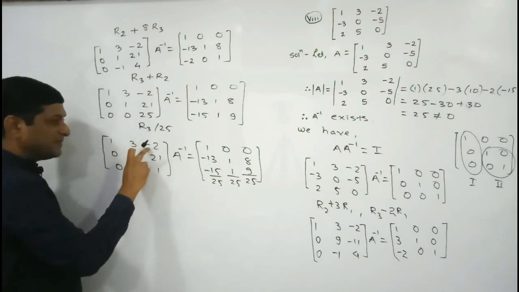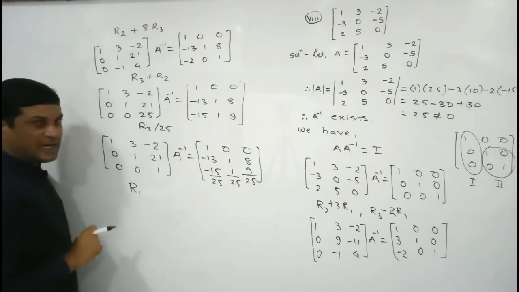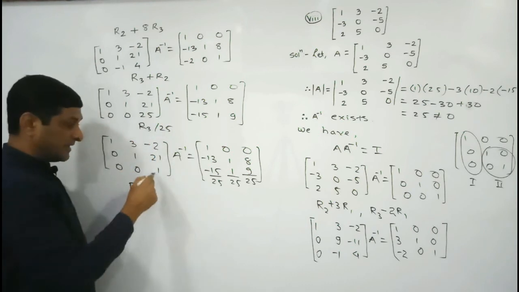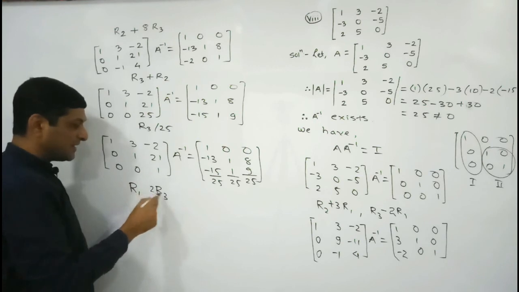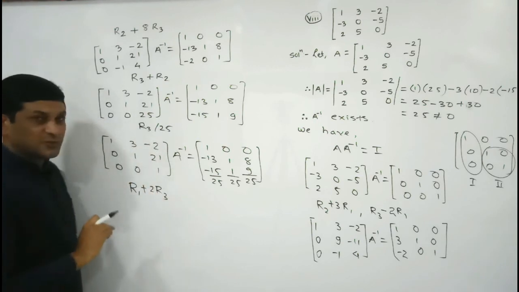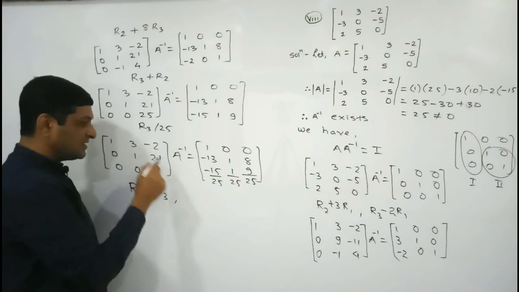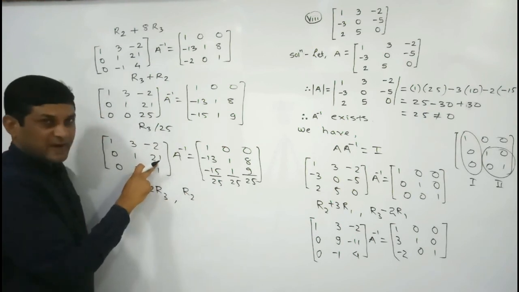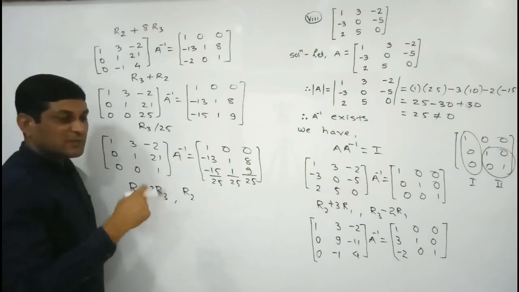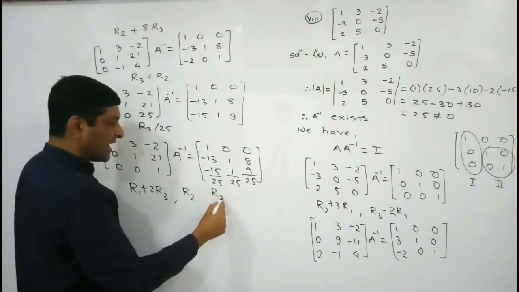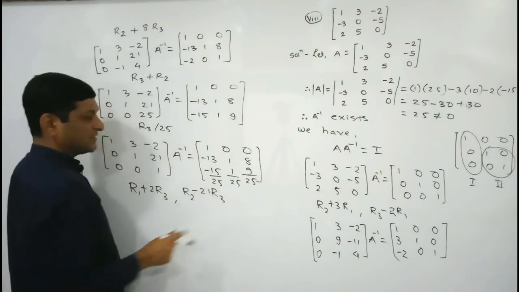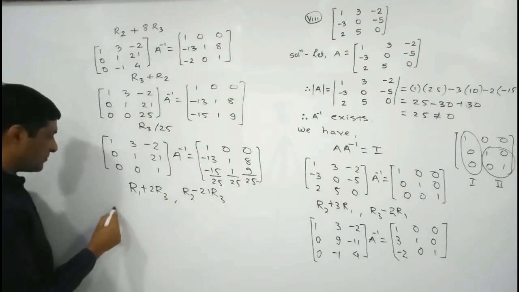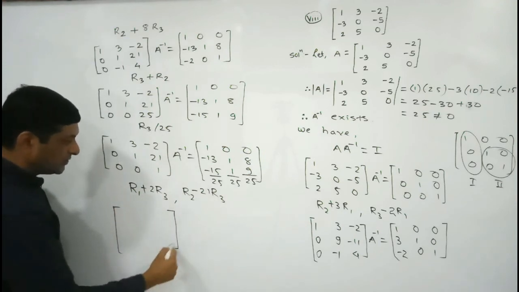So to convert this element into 0 our operation should be on R1. What is the element of R1? Minus 2. Minus 2 में 2 ऐड करना पड़ेगा, इसलिए हम R3 को 2 से मल्टीप्लाई कर रहे हैं और हम एडिशन लेंगे because minus 2 plus 2 will become what? 0. Now to convert this element into 0, the operation should be on R2. What is the element of R2? 21. So from 21 we have to subtract 21. So we are multiplying R3 by 21 and we have to take the subtraction because 21 minus 21 will become 0. Let us perform this operation very carefully on both the sides.